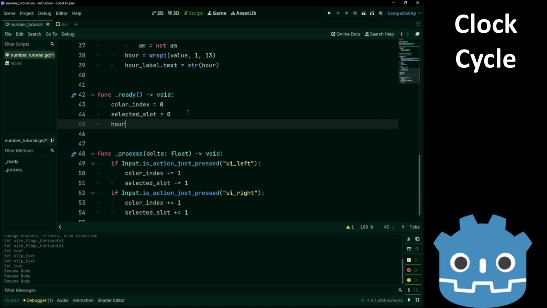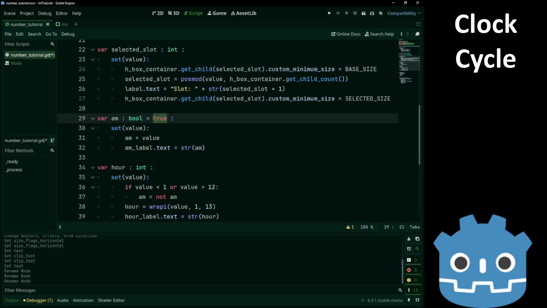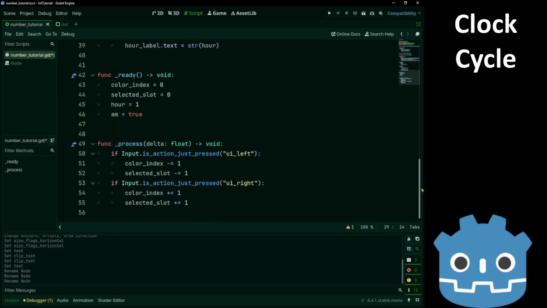Now let's say that it's 1 AM. This is not going to trigger the setter. Finally, we have to change the hour.